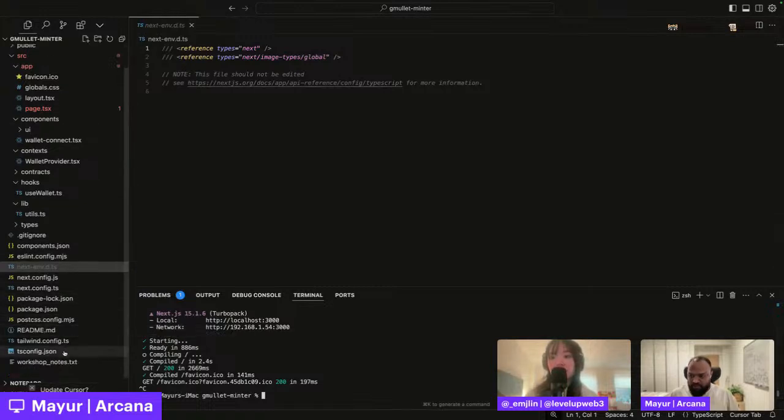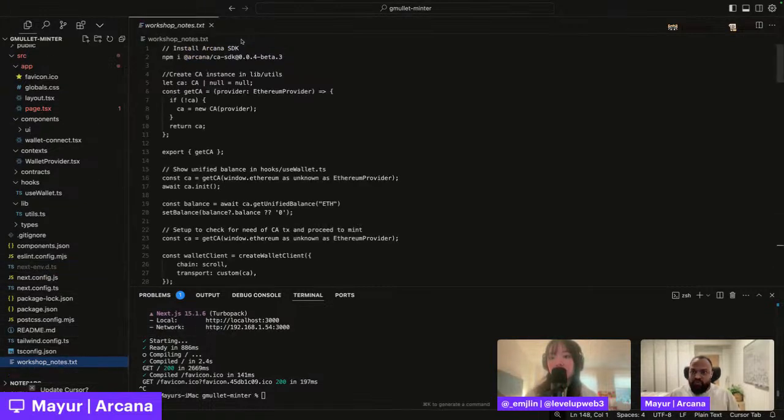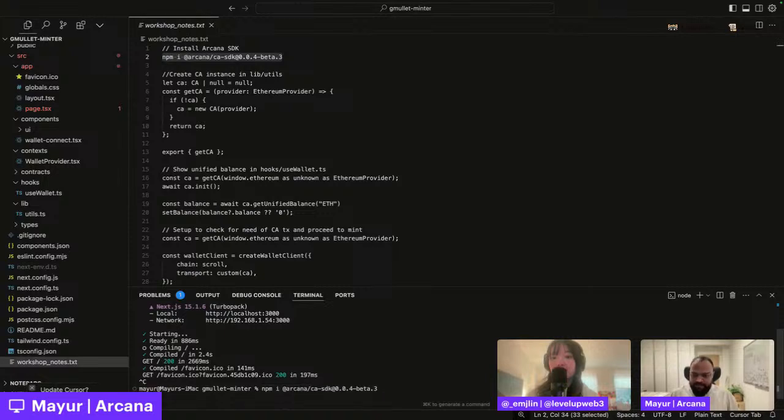So the first thing we'll do here is, I have some notes here that I'm just going to use to copy paste a bunch of different things. Step one is installing the Arcana Chain Abstraction SDK. I just go ahead and do that here. And once I have that, very soon,